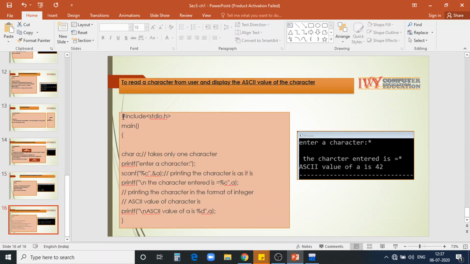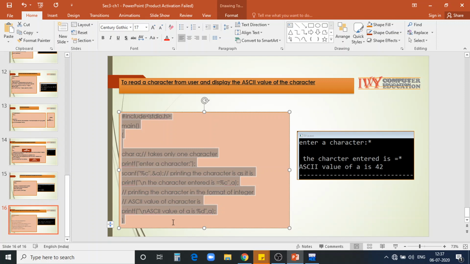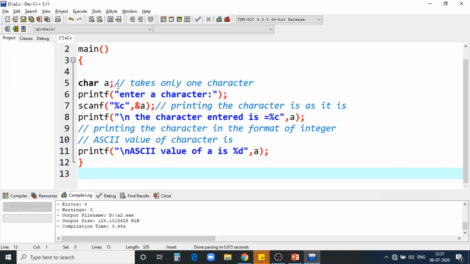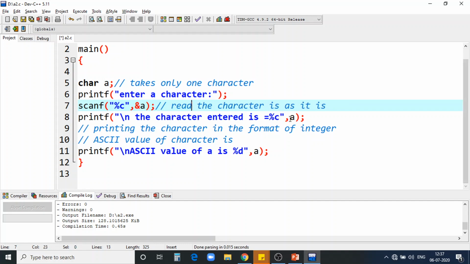Next one. We'll go for how to read and print a character. So, char A. If I define a character, remember, it can take only one character of anything on the keyboard. It can be plus or minus, enter, anything. %c is the format specifier. It stores the character, whatever we have entered from the keyboard. Now it will show the character, whatever we have entered.